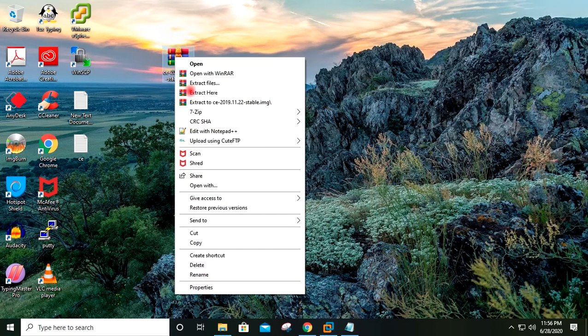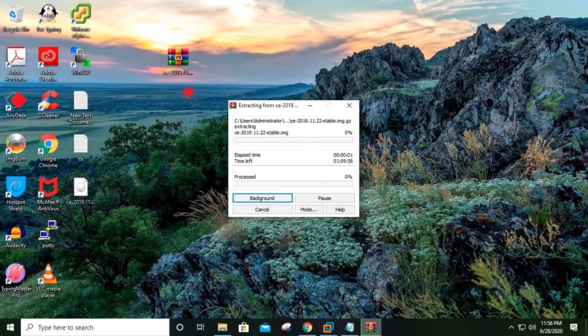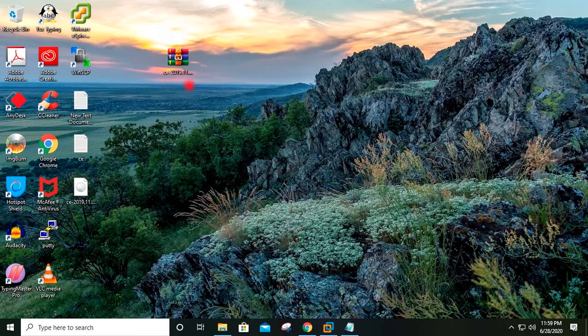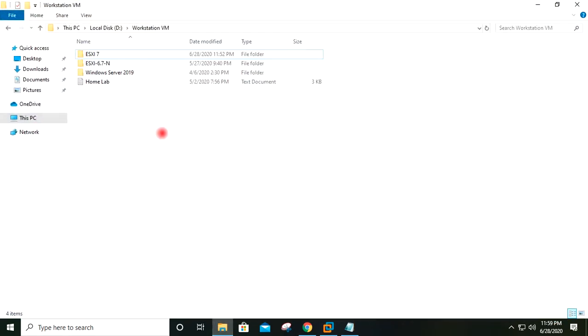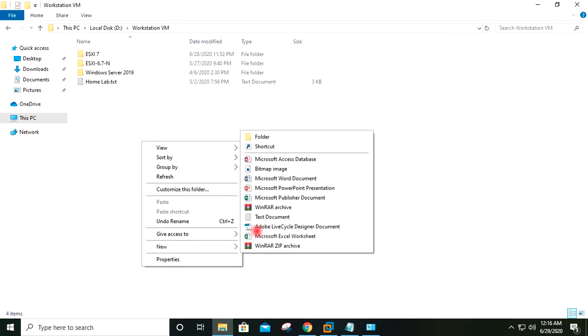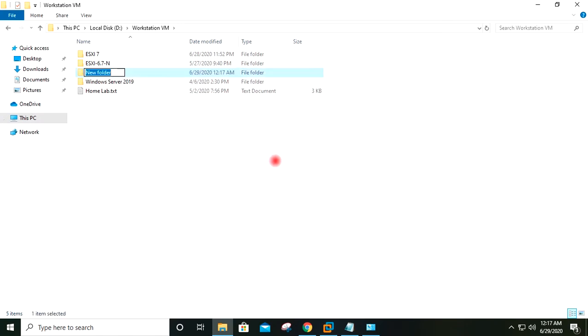I will extract the Nutanix Community Edition file, which will give me the image file. I will create a folder for this virtual machine on my local system.